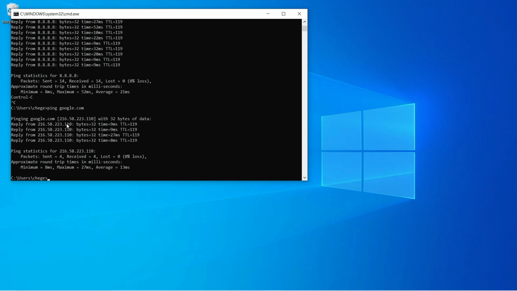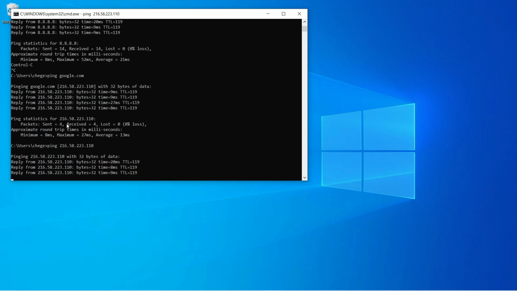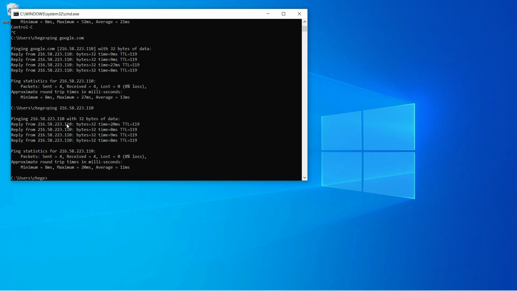It could be a misconfiguration on your DNS servers or even DNS IPs, DNS server IP. If a domain doesn't resolve to an IP address, that is, DNS is not working, try to ping the IP directly. What we can do for google.com, you can try now to ping the IP address, 216.58.223.110. If that pings and you're not able to ping through the domain, it means you have an issue with DNS